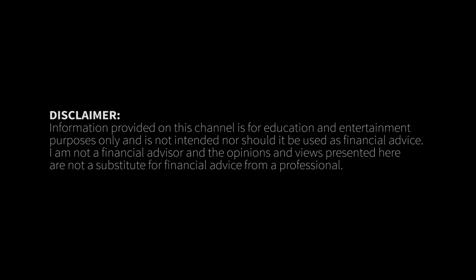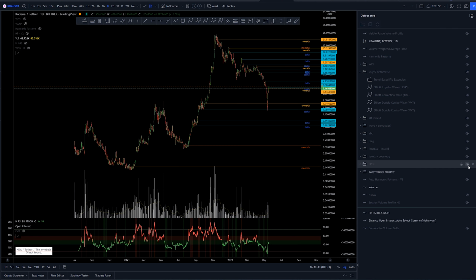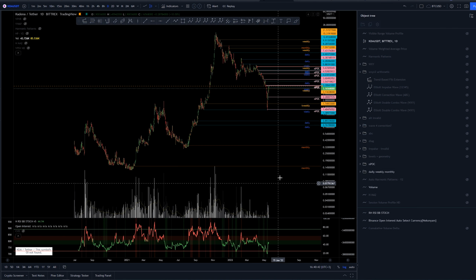Hey, Tej here. Today we are taking a look at technical analysis for KADENA or KDA. We'll go over some key levels of support and resistance and cover wave analysis with Elliott Wave Theory. Let's get going. So first, bring out some daily, weekly and monthly closes,